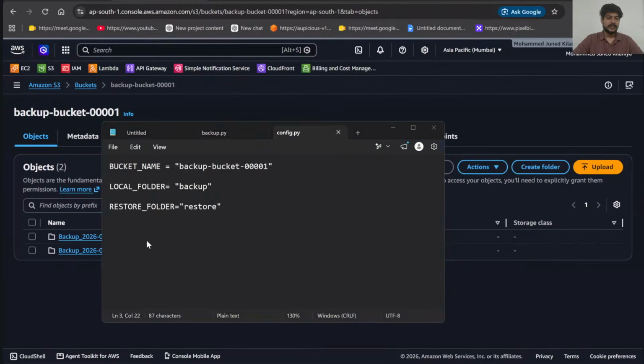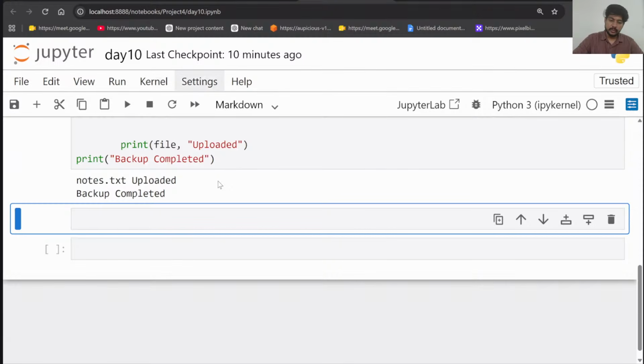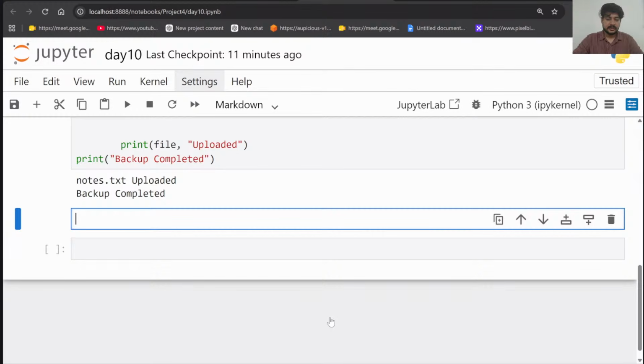So it is just taking continuous backups over there. If you know the cron job of Linux, you can run this code, this Python script, continuously, and automatically upload whatever backup of that system there is to the S3 bucket. So mostly if you know Linux admin, there is one command in Linux, one technical tool called cron. Right, and this tool, guys, you don't have to run manually, it will run automatically there. This is a speciality of Linux. If you know it, it is okay. If you don't know it, that is also fine.